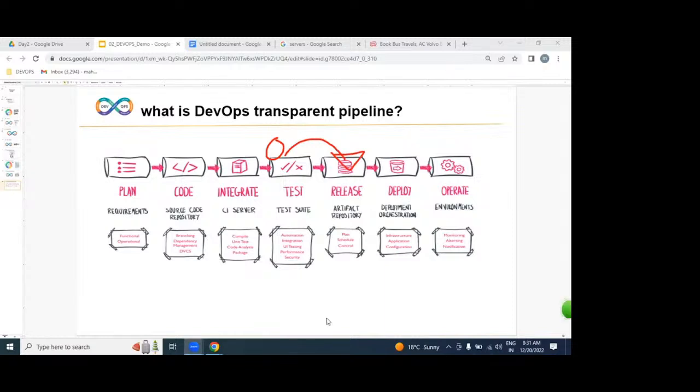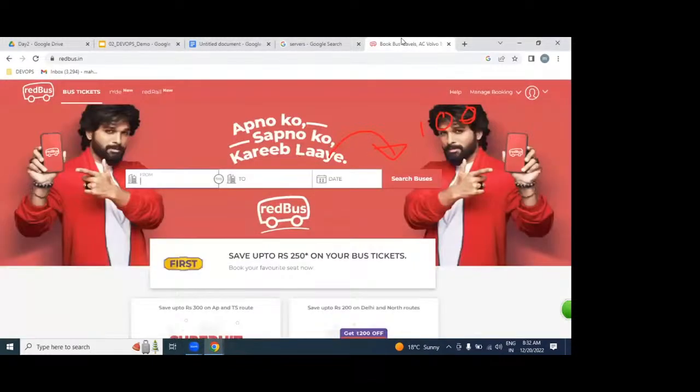From a particular maintenance window, monthly or weekly, with the support of all our team members, we are going to place it on hundreds of servers. Once we place our application on hundreds of servers, we can access it on the internet as a website.